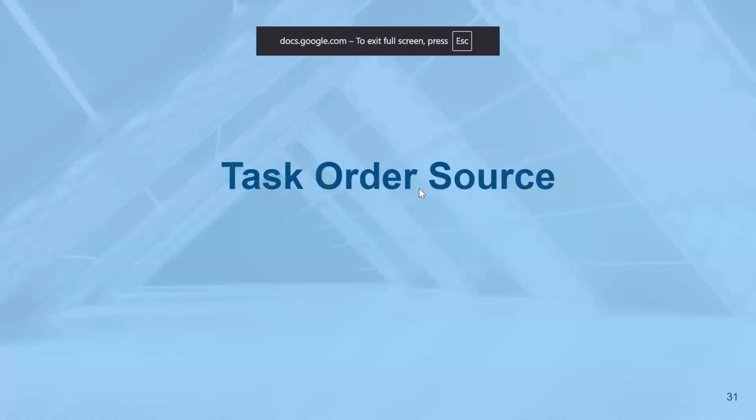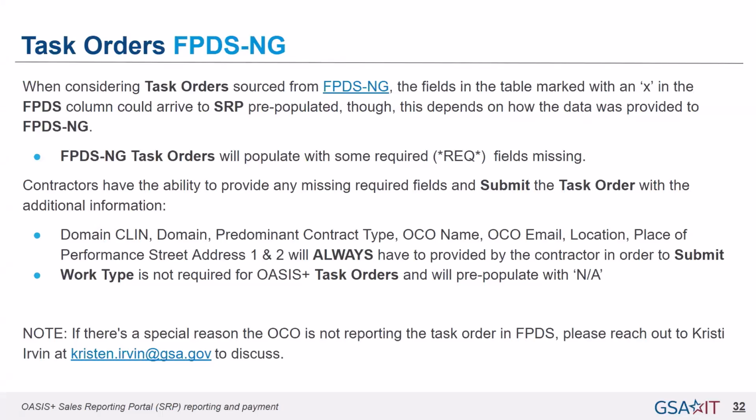Okay, so that was the hard way to do things. Now we're going to switch over and talk about the prescribed way, the way things should work, should being the key word. So I want to make a quick statement here before getting into talking about SRP, FPDS and SRP, and that